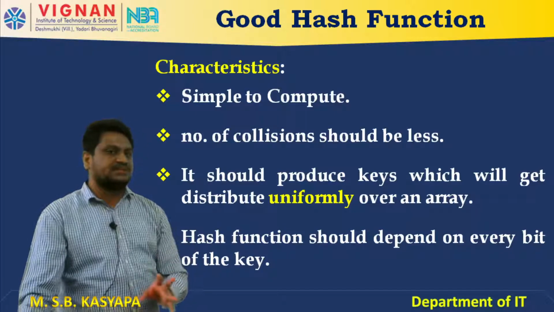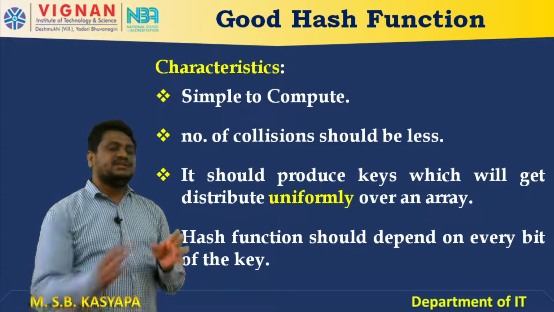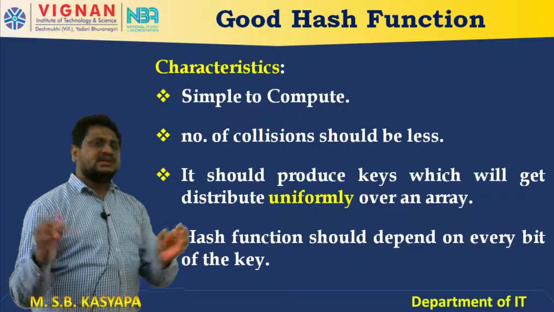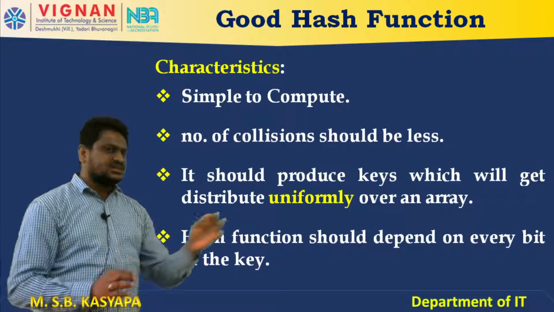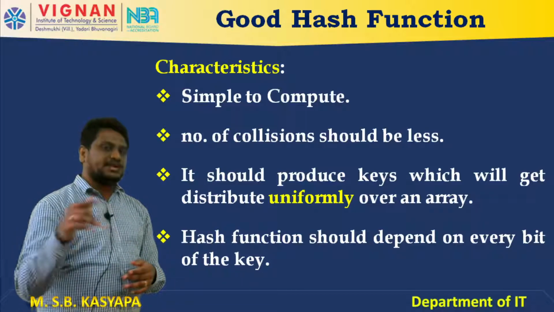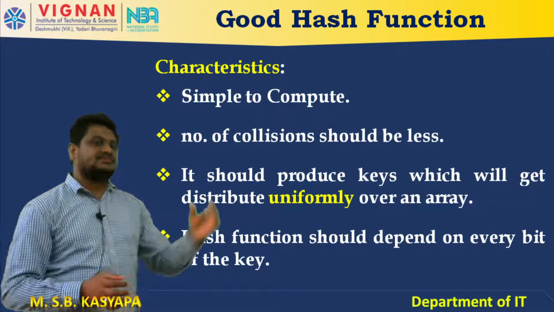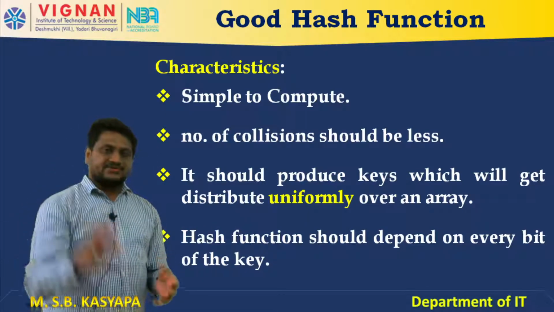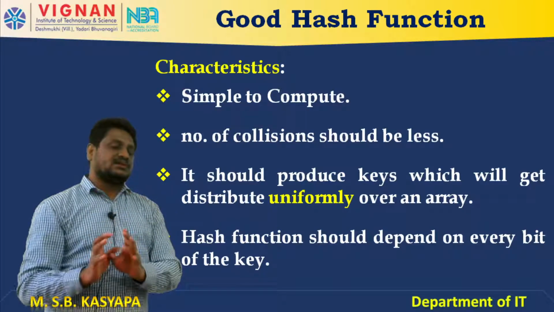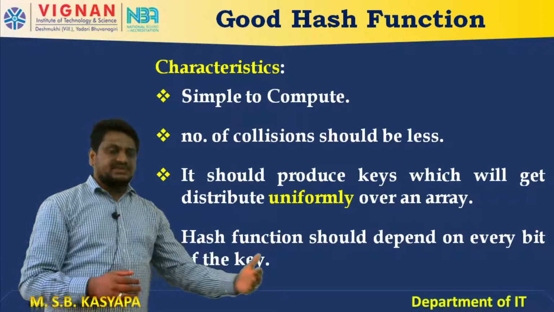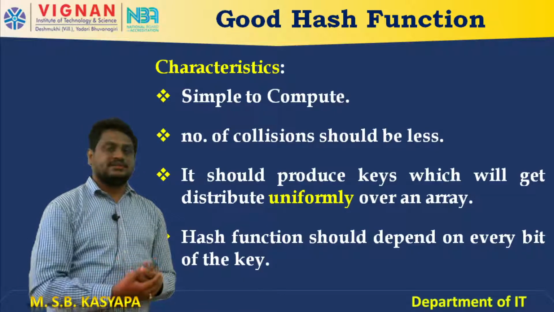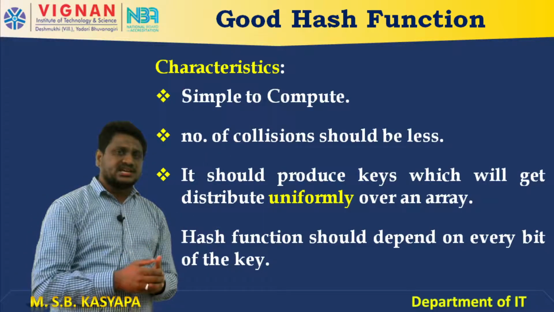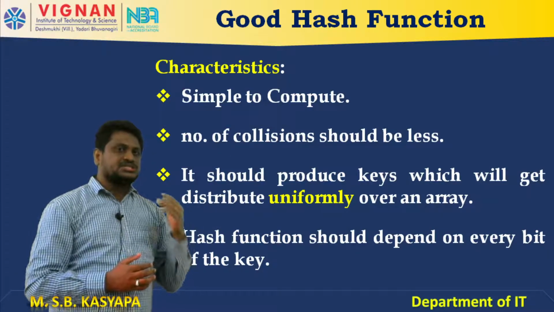Or it is the folding method. In the folding method also, we are just dividing whatever key we are given into multiple parts, and we are adding them to get the key. So, it should be simple. But unlike that, in the multiplicative method, what do I have to do? I have to take one random number and multiply it with the key. Next I have to take a factorial, and with that factorial I have to multiply with the size of the hash, which is so much process. Am I right? So, the first characteristic of a good hash function is that it should be simple to compute.